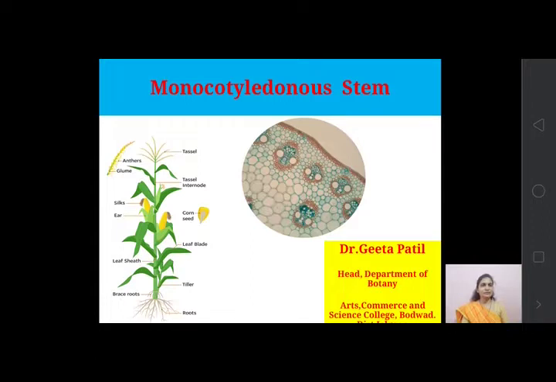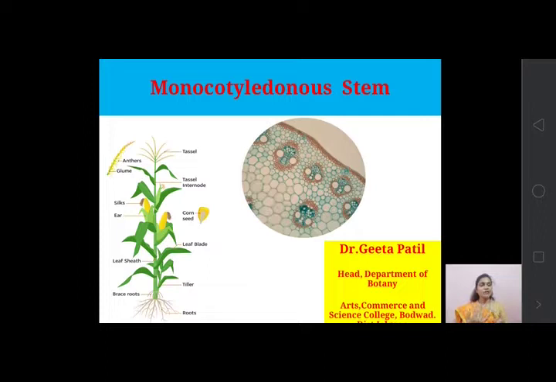Up till now we have studied the dicotyledonous root, stem and leaves, and also the monocotyledonous root. So in this anatomy, the common thing you can see when you look at the internal structure of any plant body, whether it is dicotyledonous or monocotyledonous, is that you notice three main regions.